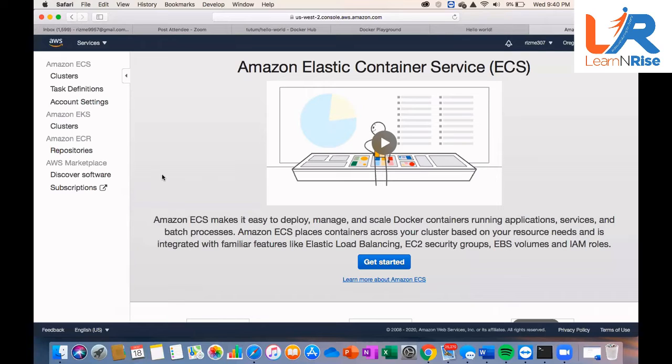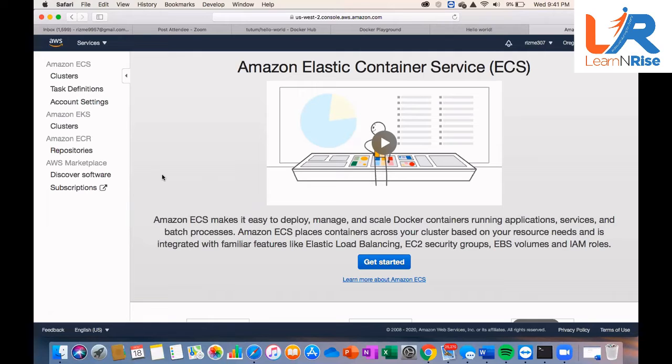Amazon ECS makes it easy to deploy, manage, and scale your Docker containers. So you can scale it very easily because it's running on the cloud, and you can give a limited number of CPU and memory to scale your container. Correct?